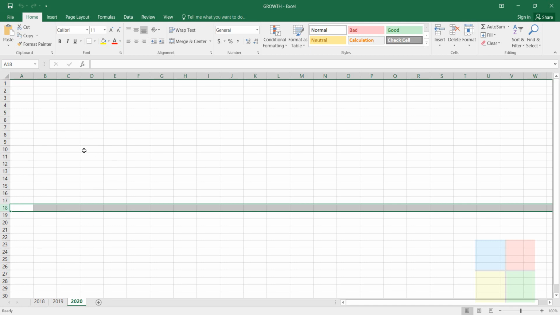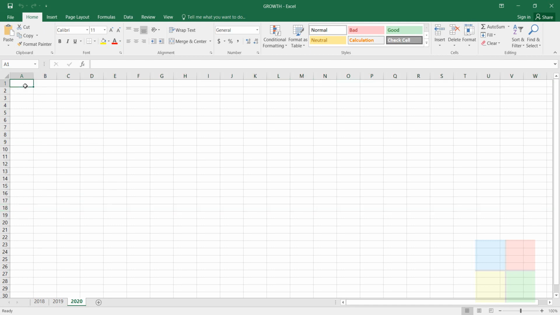Got it? So that's why we have this kind of name for the cells. Just imagine I'm selecting this cell, so it is under K, and when you look at the row number, it is 2. So the column name is K and the row number is 2. So in the name box you can see it is K2. The address of that cell is K2. In the same way, every cell has its own address.